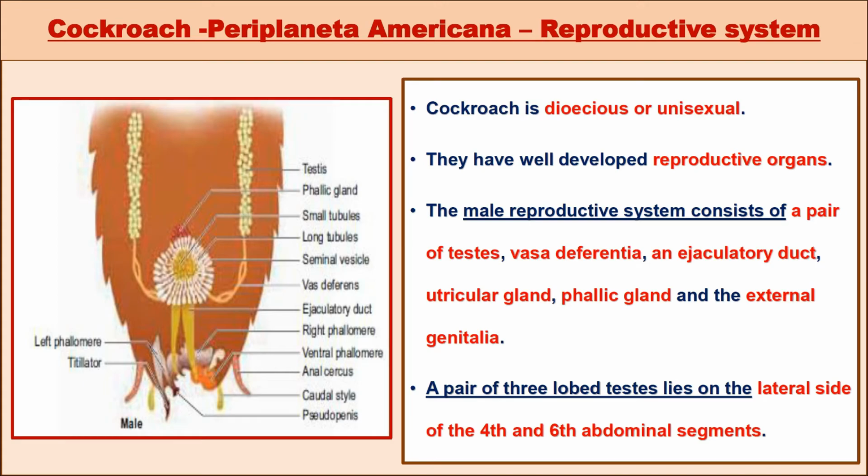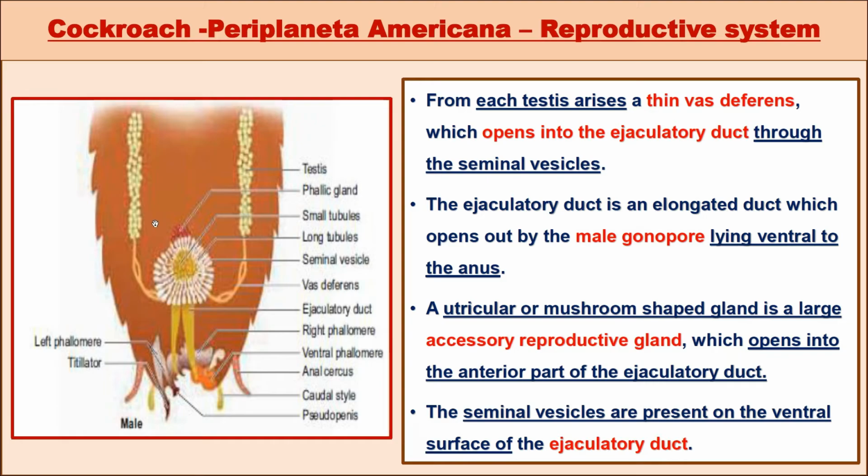The male reproductive system consists of a pair of testes, vas deferentia, ejaculatory duct, utricular gland, phallic gland and external genitalia. A pair of three-lobed testes is found on the lateral side of the organism, from the fourth segment to the sixth segment in the abdomen. Each testis ends in a thin vas deferens, and this vas deferens in turn opens into the